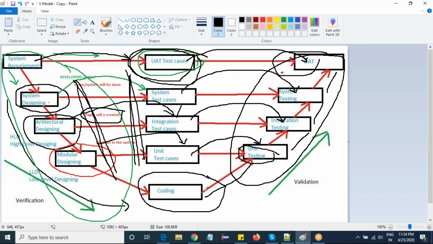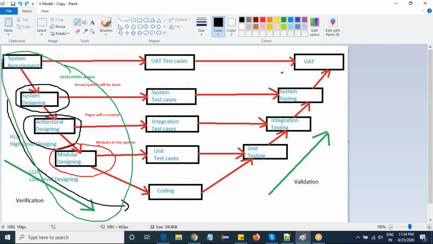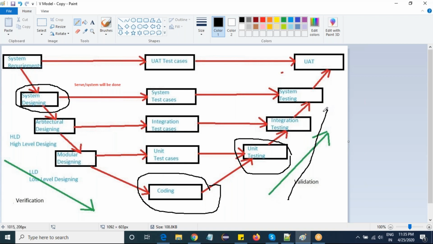And one more thing: unit testing will be done at the initial phase. Initial phase means whenever the developer develops the code and gives the application to us to check, because unit testing will try to remove the major problems or defect leakage to the further phases.